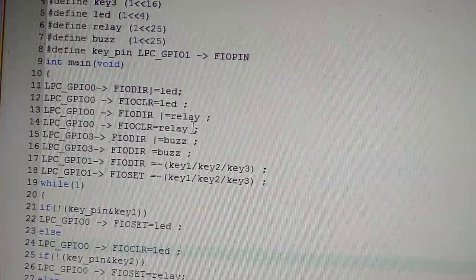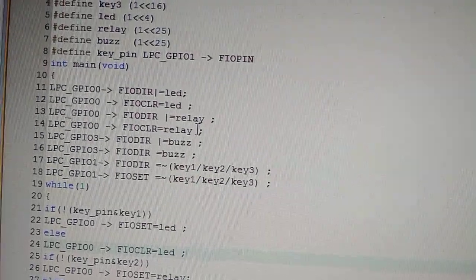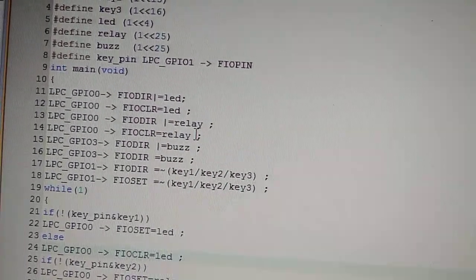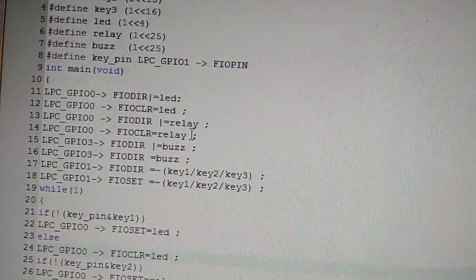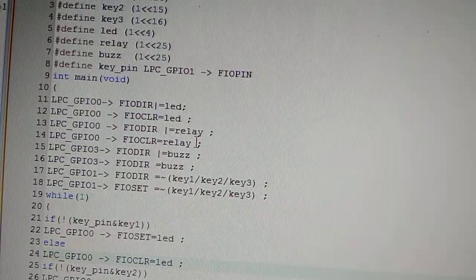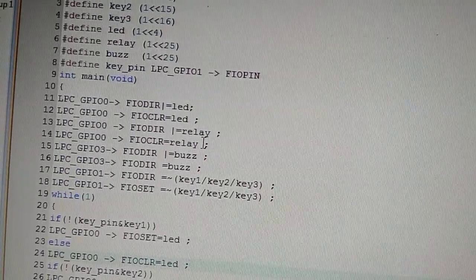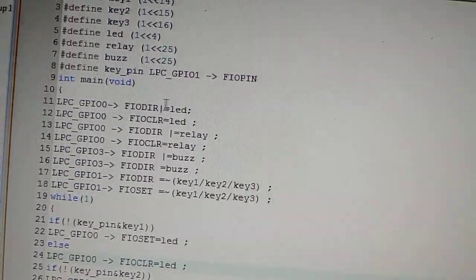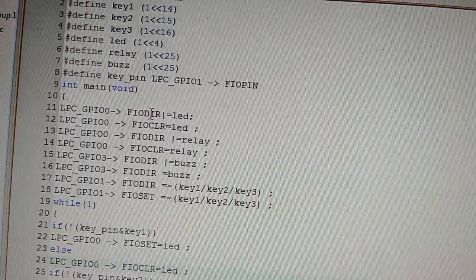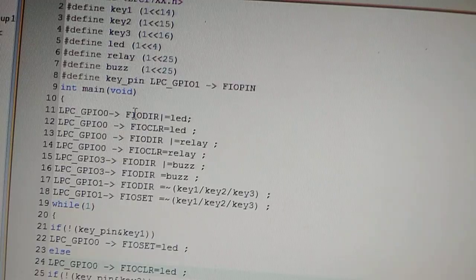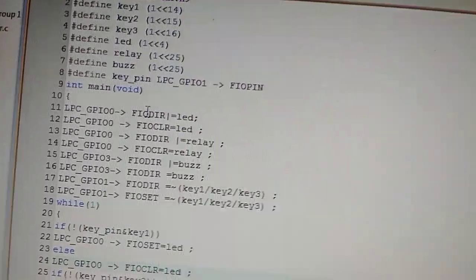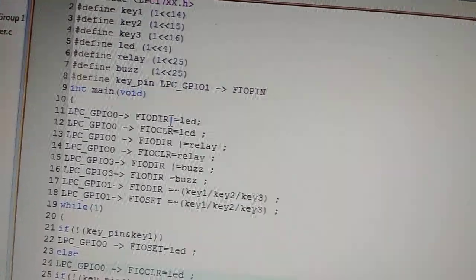So in order to set that pin as input, we have to make that pin value as 0, and in order to make that pin as output, we have to make that as 1. So for that, we will be using a special function register called FIODIR. F stands for fast, IO stands for input output, DIR stands for direction.